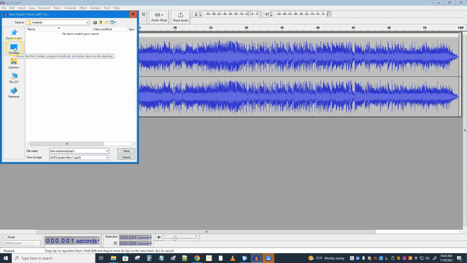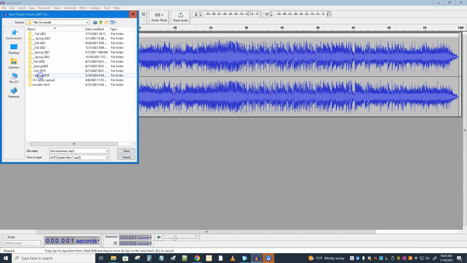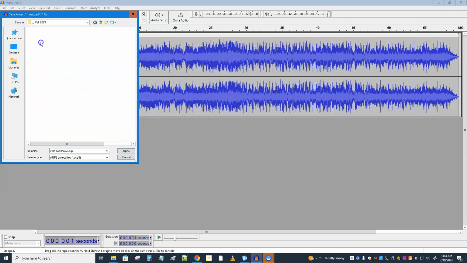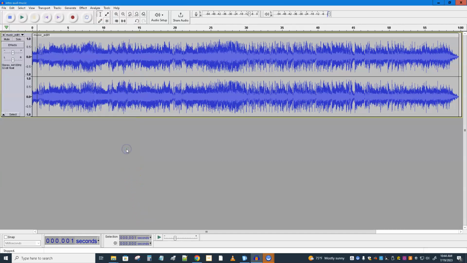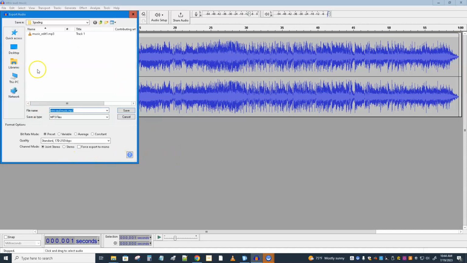Not there. I'm going to go to my folders and put this in working, which is where I save my projects. It's an AUP file, which is correct. And then I would do my File, Export as MP3, and I want to do this in grading. It looks like I already have one there, but I wouldn't want to call it that. I think I tell you to call it something like